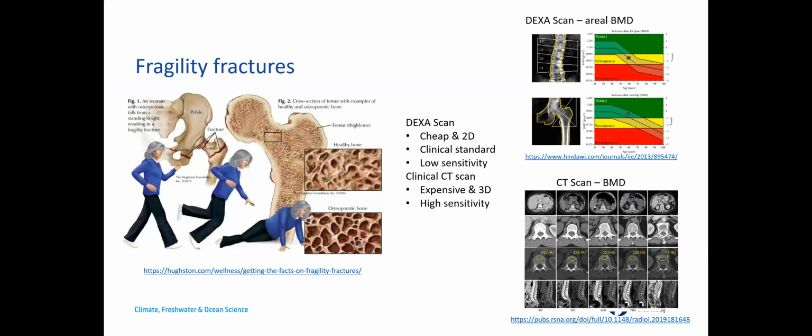And if we look to the left of my image, you can see at the top we've got a DEXA scan. That's basically like an X-ray, but with a little bit more information included, so you can estimate what they call bone areal density, or areal bone mass density, which is basically the integral of bone density through the bone. They've done a lot of population statistics to look across populations and say, that means you've probably got a not very dense bone, which means you're a bit more likely to suffer a fragility fracture. Given though it's an areal measurement,